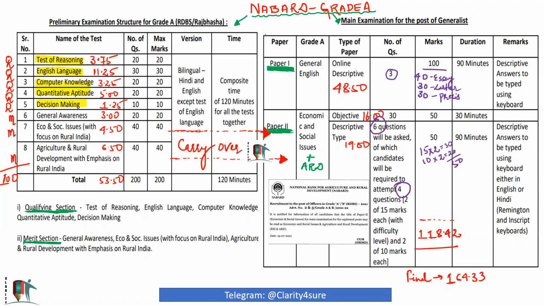Now coming on to the different phases of the examination, first we'll discuss phase 1, that is the preliminary examination. The prelims of NABARD grade A examination consist of a total of 8 papers, right? 1, 2, 3, 4, 5, 6, 7, 8, 8 papers. Out of these 8 papers, you can bifurcate overall into two parts, that is a 5 plus 3 pattern, right? So what is this 5 plus 3 pattern? 5 papers are qualifying in nature, which has been marked in yellow color, while the 3 papers